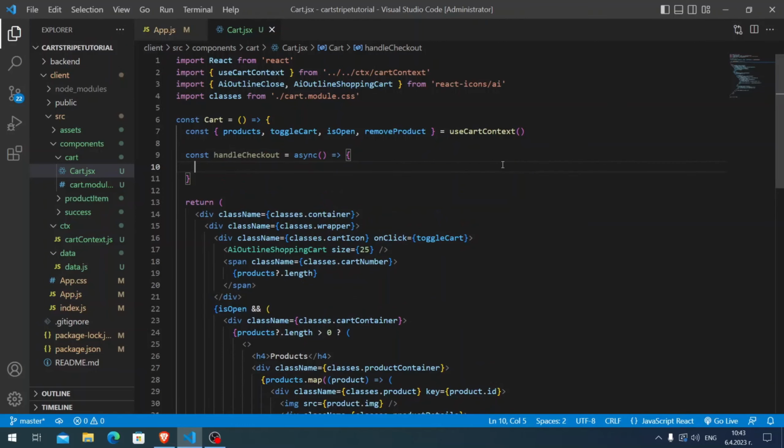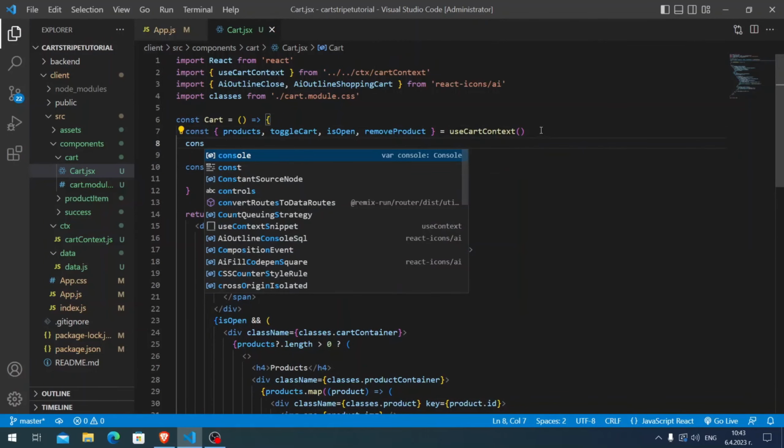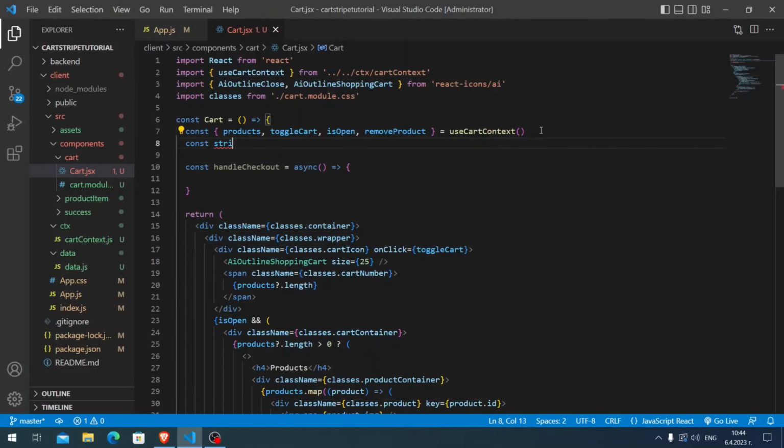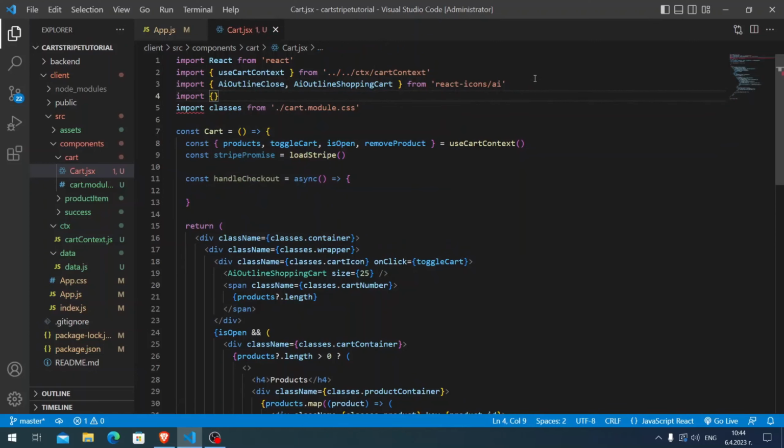In order to use Stripe here, we need to have the Stripe promise. So const stripePromise is equal to loadStripe. We need to import this, and the parameter that we need to put is the public key. So let me first import loadStripe. Okay, so loadStripe from @stripe like this. And here I'm going to put